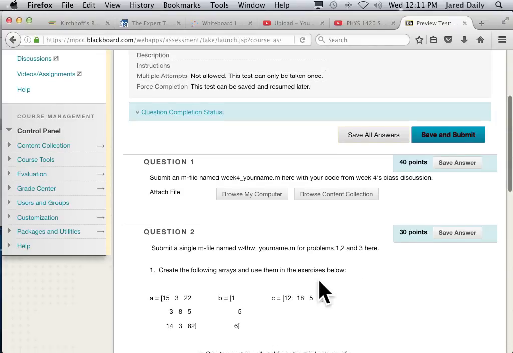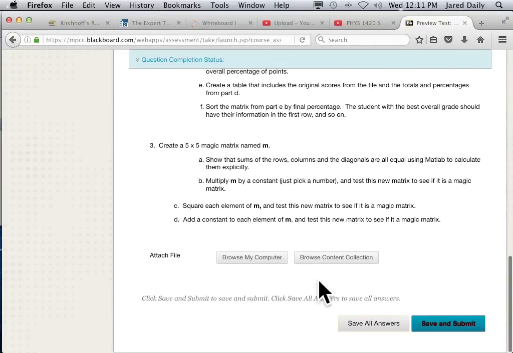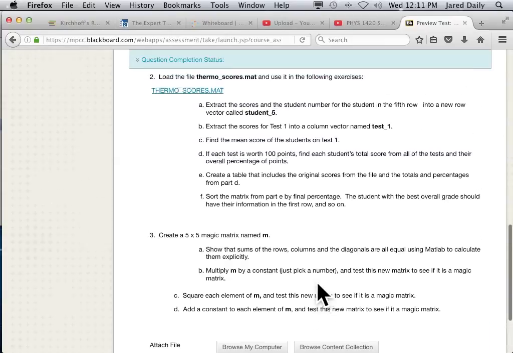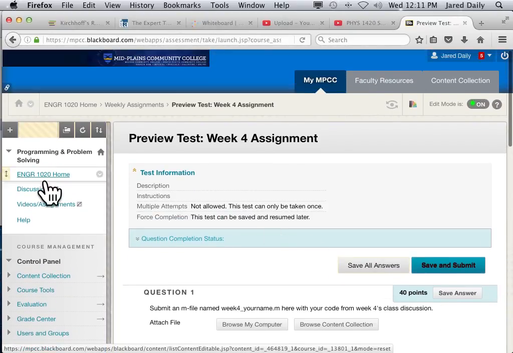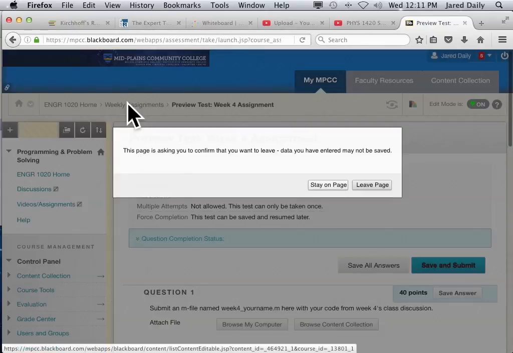Then you go on and do the homework problems here. Each question in the homework problems may have several problems in it, or may have just one problem in it, depending on the assignment. But you will submit M files for each one of those questions as well. But also, in each week,